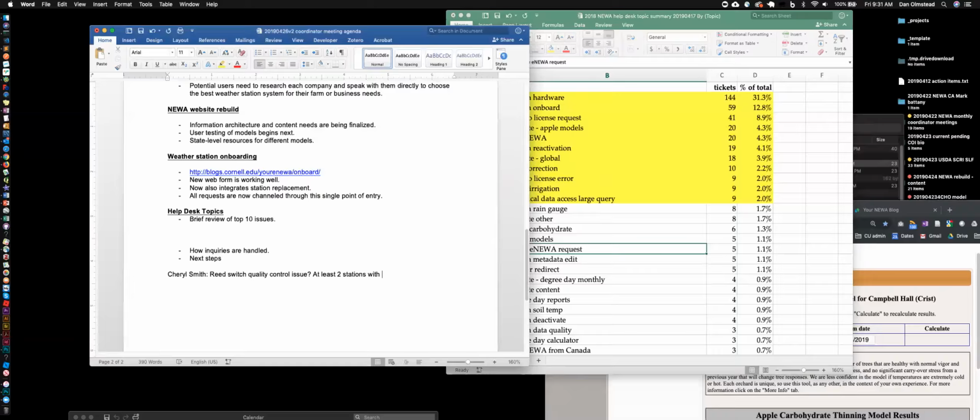So for the stations that are having problems, if I can't get out there individually, I will ask the growers or collaborator to go out with a level and check that and make sure it's right. I know that when we installed them, we put levels on the top of the rain gauge to make sure everything was level, and that the poles were all level, but they can certainly shift over time. So I'll check on that as well.